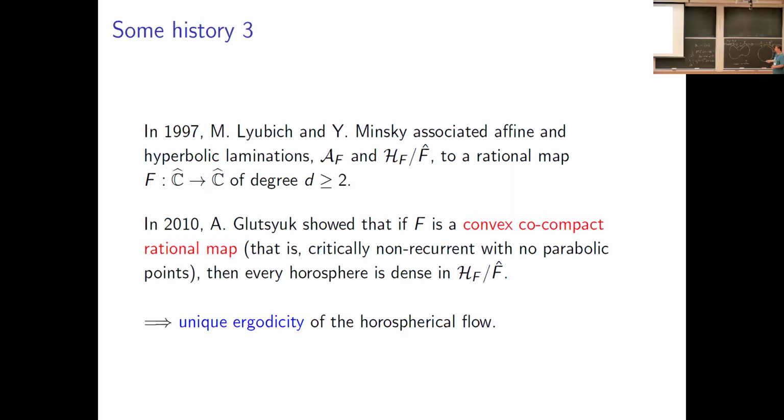Basically, for rough rational maps, those objects, when properly defined, have many special leaves. And for unique ergodicity, those leaves play an important role. But in this talk, all those leaves have measure 0, so we really don't need to worry about this. I'm just trying to explain why Glutsuk makes this very strong assumption and we make no assumption.